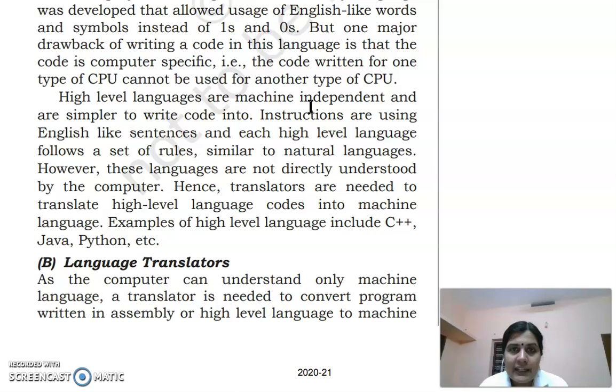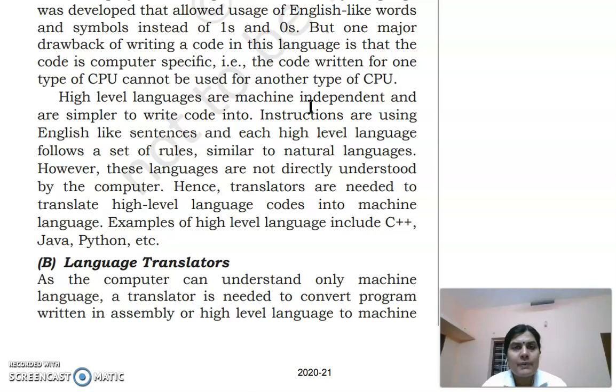High level language is like our English, with some codes, grammars and rules. Instructions are in the form of English-like rules, like our natural language. This high level language will work for us, but it cannot be understood by the computer. So we need translators to convert our high level language to low level language.